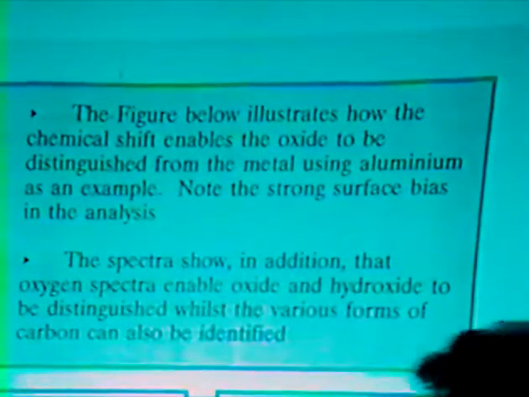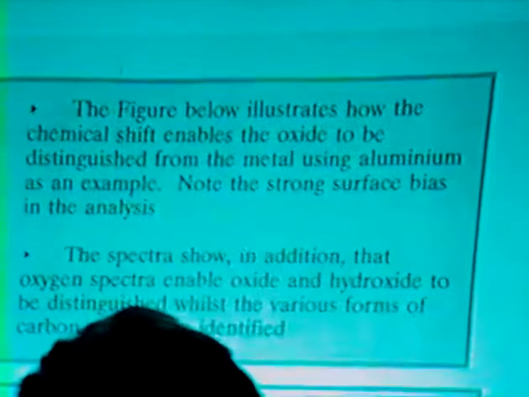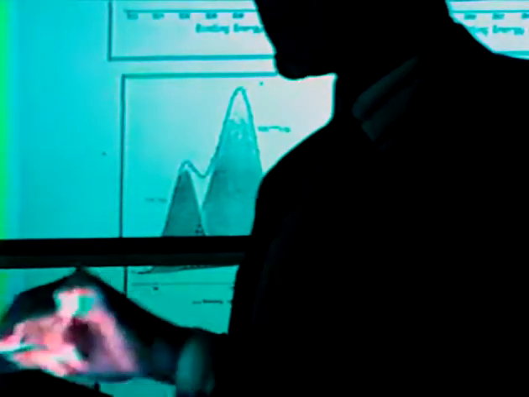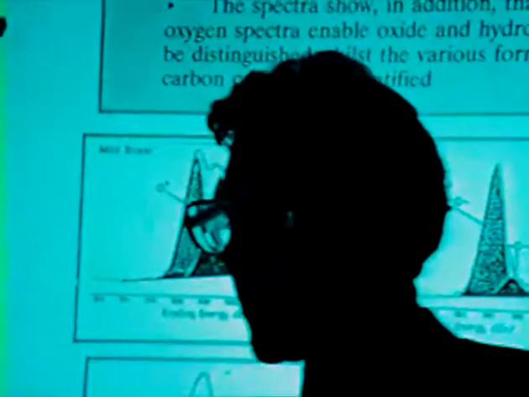I illustrate here the way in which aluminium oxide can be recognized in the presence of aluminium metal, and this enables us to deduce the actual thickness of aluminium oxide on the surface. And I also thought I'd point out that in addition you can see changes in the chemical state for different states of oxygen or of carbon. Now the chemical state information